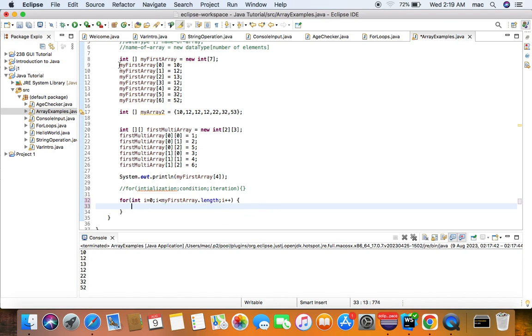Remember how to initialize an array. We're just going to call the name of the array and the location we want. Remember, we're using i to help us go from 0 to 7. So in the first one, i will be replaced with 0, then it will be changed to 1, then 2, and so on. So myFirstArray[i] equals to myFirst